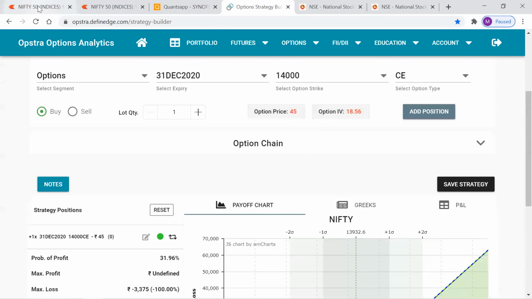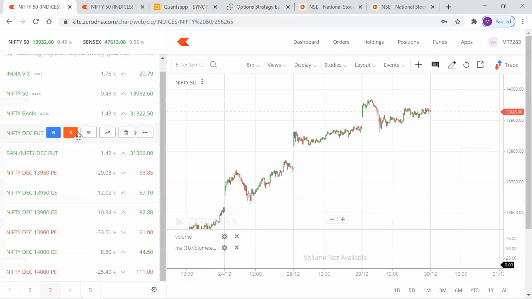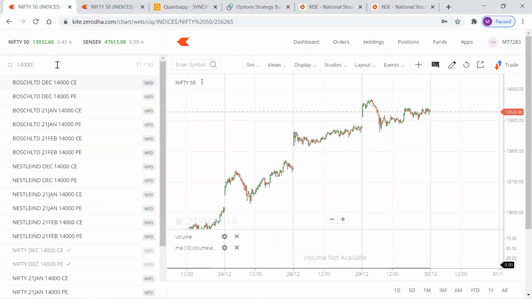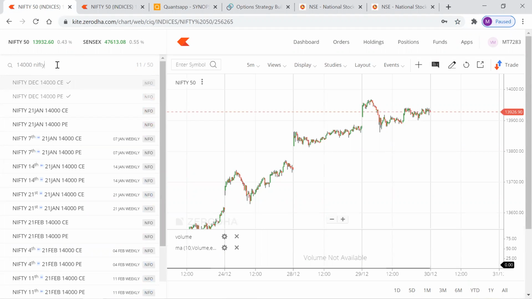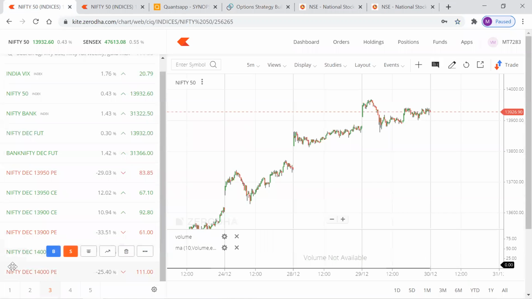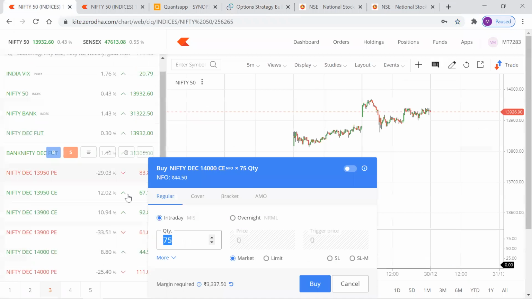Okay, so let's go to Zerodha stockbroker. Let's type in 14,000 Nifty. All right, it's already added to my watch list. So look at this: Nifty December 14,000 call. C is nothing but call. So if you are bullish, you need to buy a call. Look at the amount required, which is nothing but 3,300